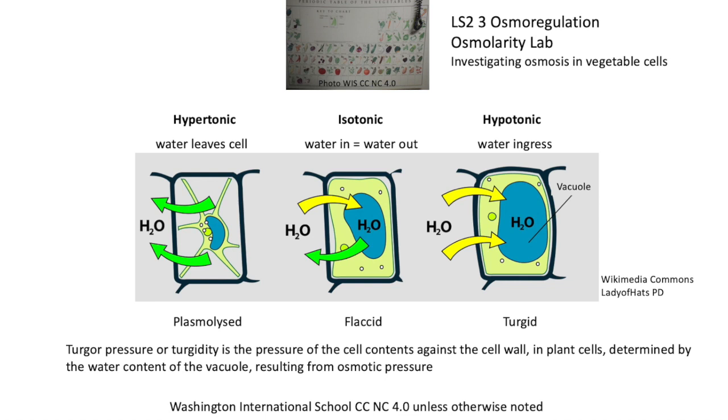In hypertonic, water leaves the cell, so the concentration outside the cell here is more concentrated, so water leaves the cell and damages the cell, which is plasmolysis. The isotonic, where there's the same amount of water going in and going out, because the osmosis, the movement